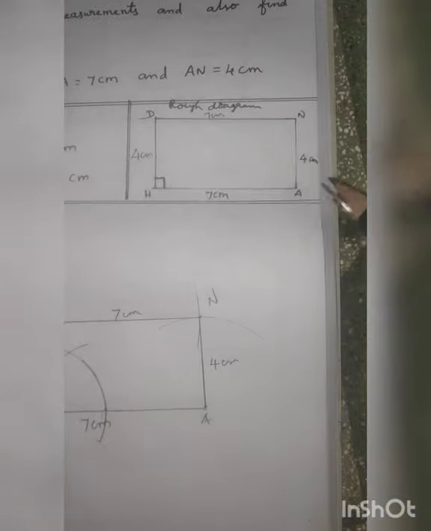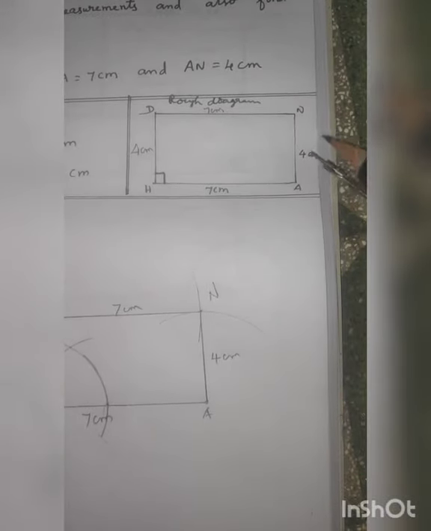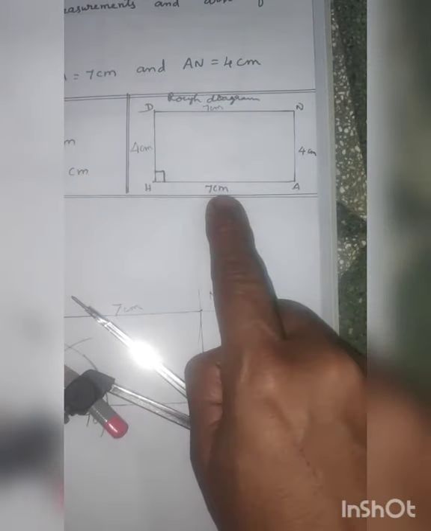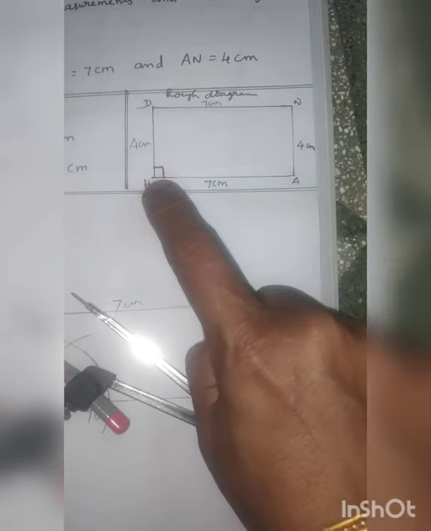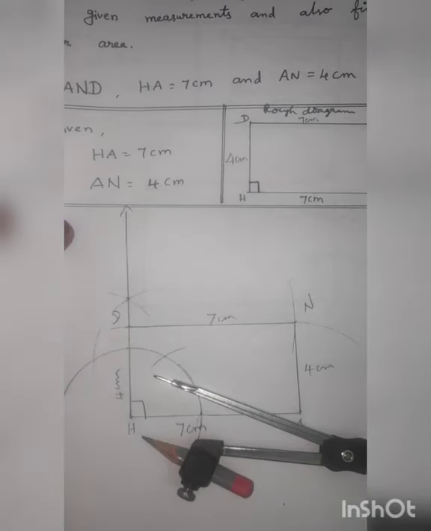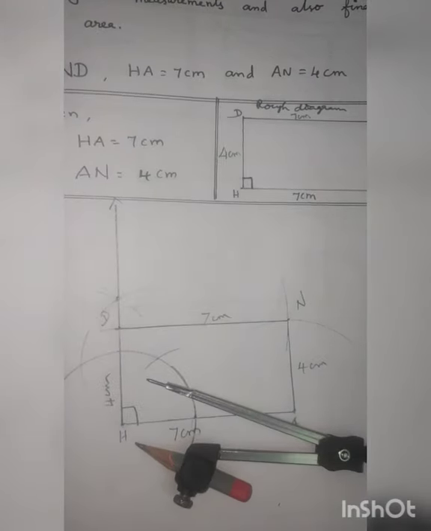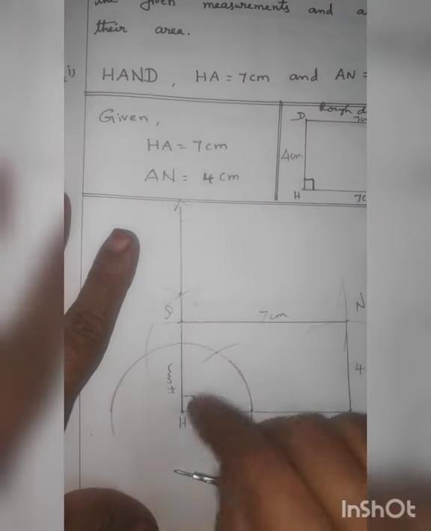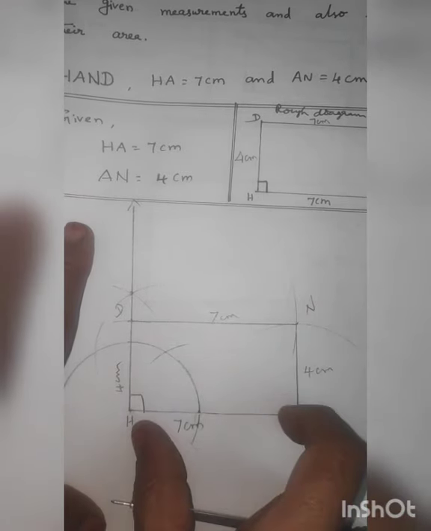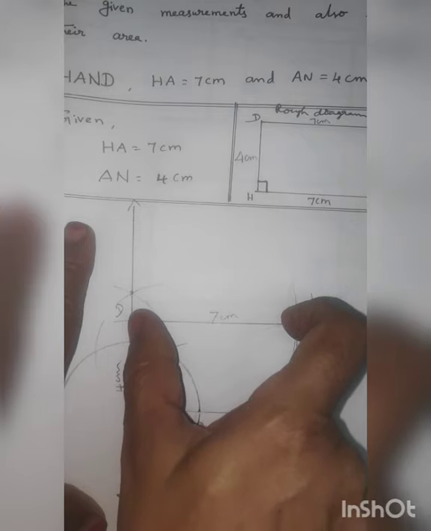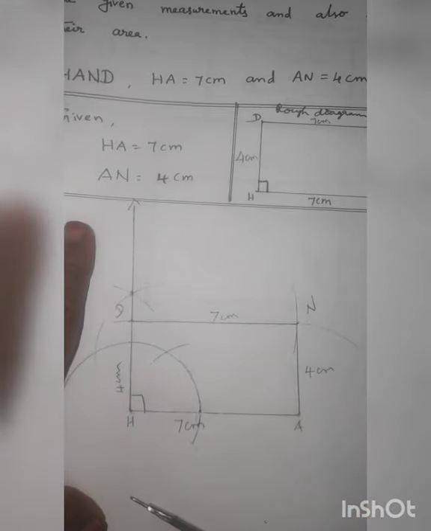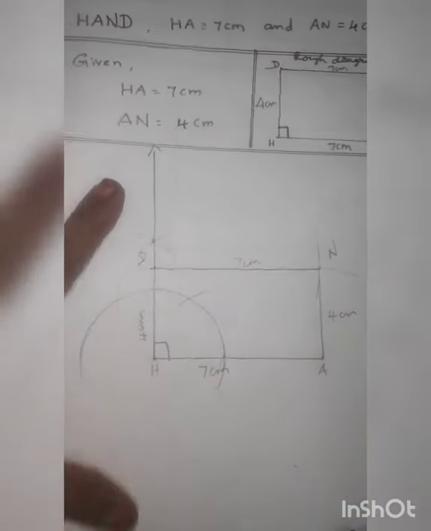Next, this side is 4 centimeter. They are given in the question. So, rectangle opposite sides are equal. So, here 4 centimeter, here 4 centimeter; 7 centimeter, up 7 centimeter. Now measure 4 centimeter with the compass and cut the arc. The coming point is D point. Next, the 4 centimeter length should not change. Cut the arc at A point. Next, HA's length 7 centimeter is taken. Cut the arc at D point. The meeting point of the 2 arcs is N.